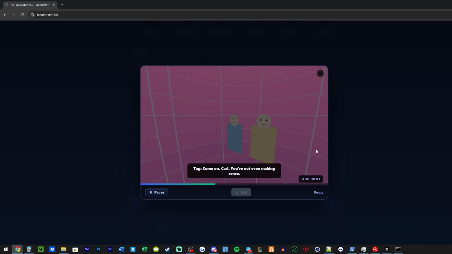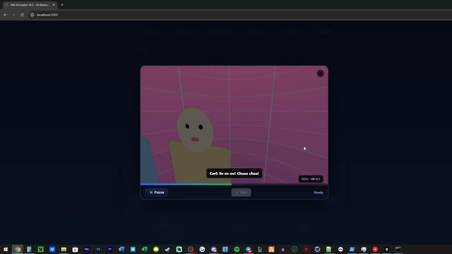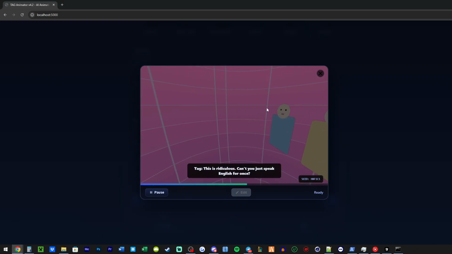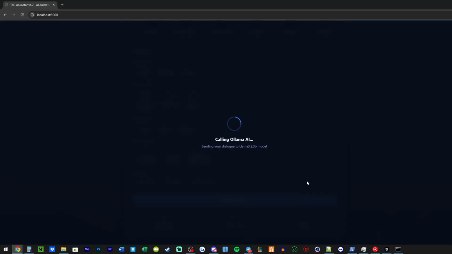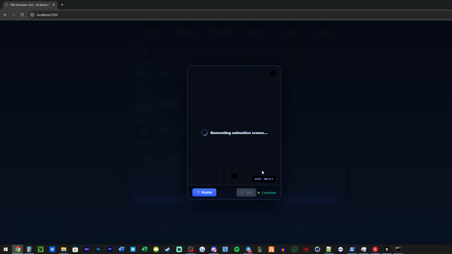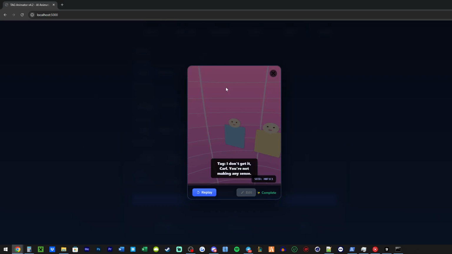I do want to show you guys portrait mode as well, so I'm gonna let this just run. We'll go to short, we'll go to portrait mode, and we'll just see if it's bugged. Sometimes it used to bug, but it shouldn't now. So this is portrait mode. It basically just gives you a different ratio. And yeah, it didn't bug.